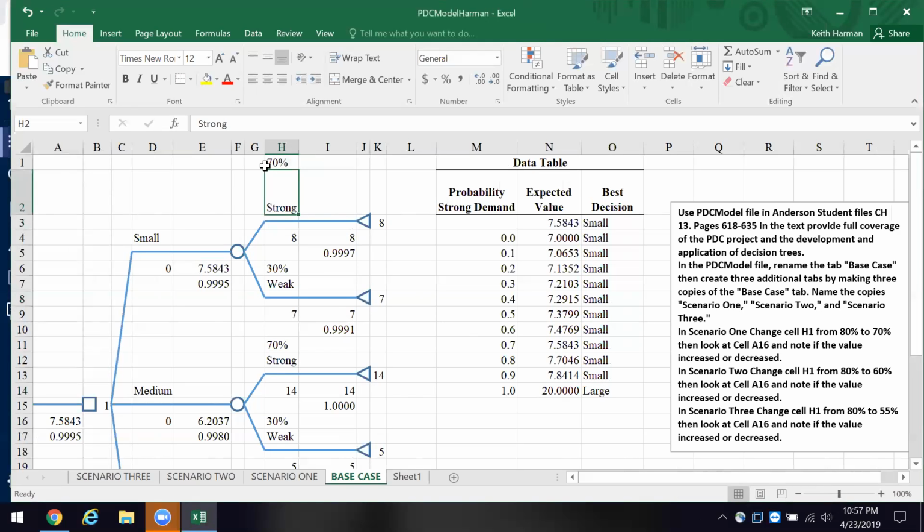And then we need to take a look at cell A16, look at the value. So I'm going to write in scenario 1. This is how I did it last time instead of all that crazy cell referencing. And my apologies, but okay, we're going to get here. Scenario 1, and we get a value of